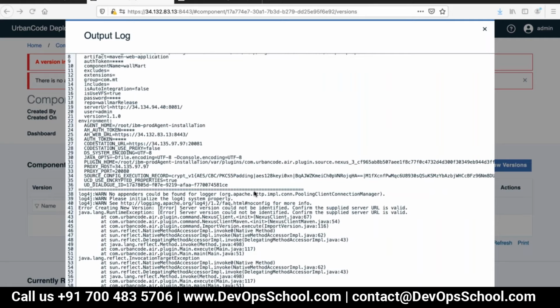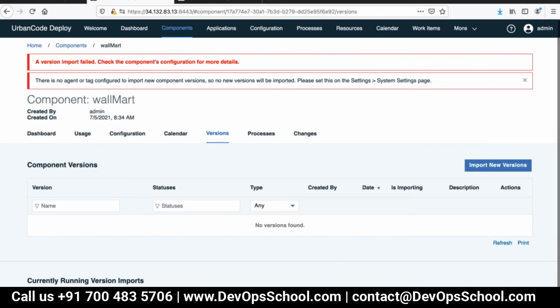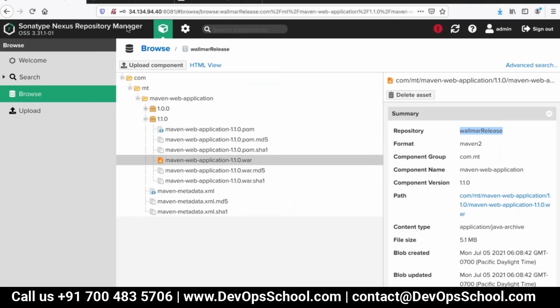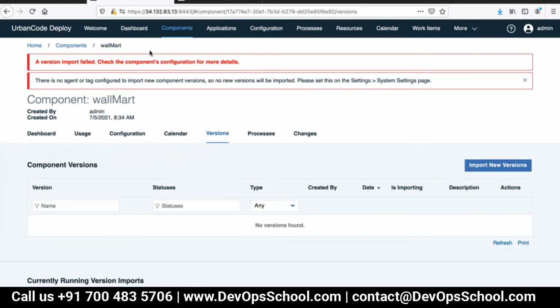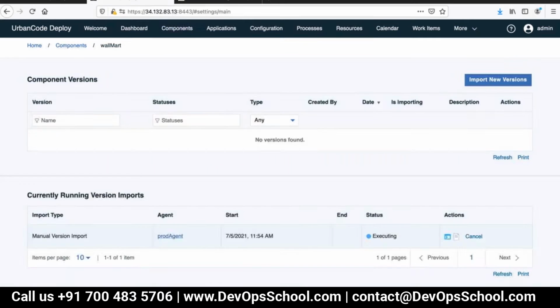It says please initialize the log4j. It is telling us to go to the settings tab, then the system settings, to see the logs. Top right, more, settings.